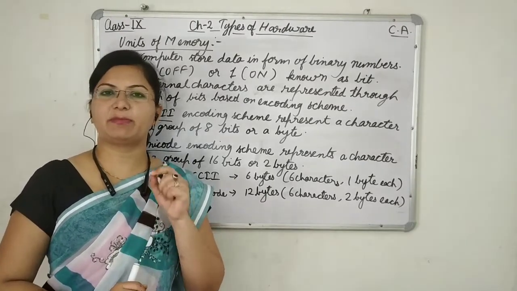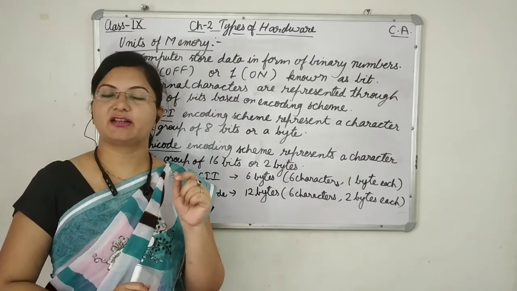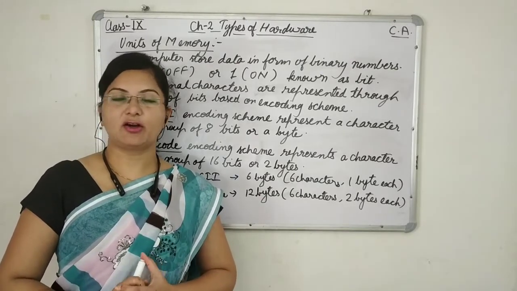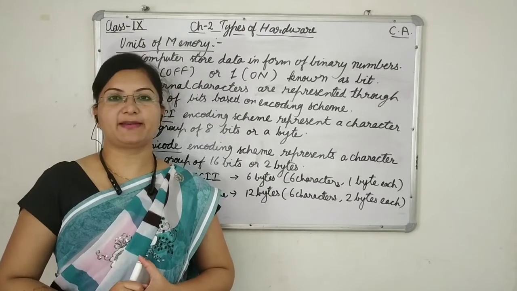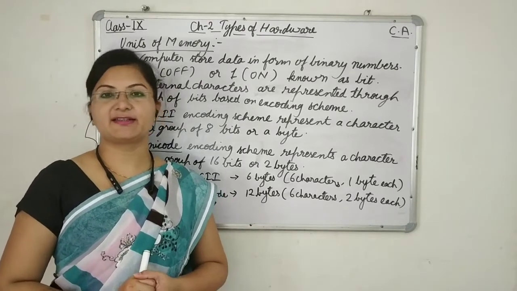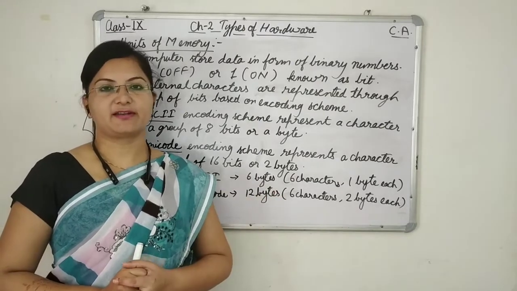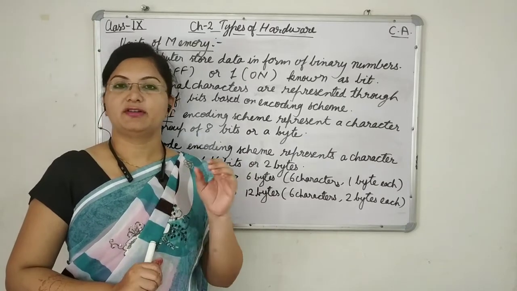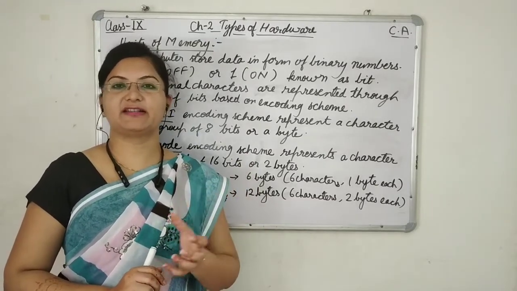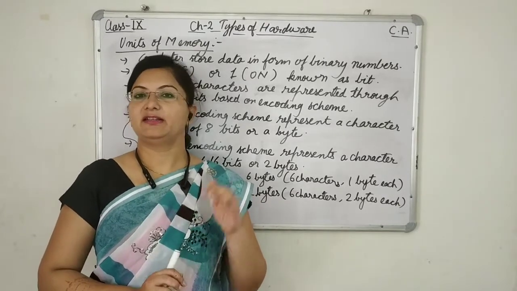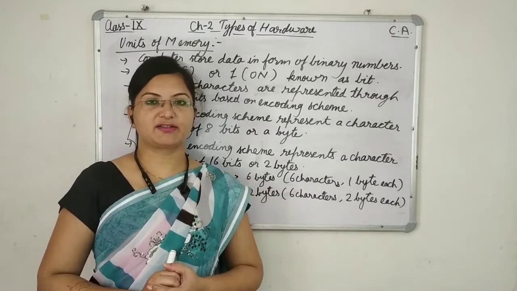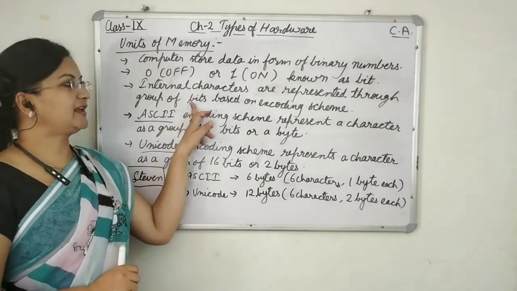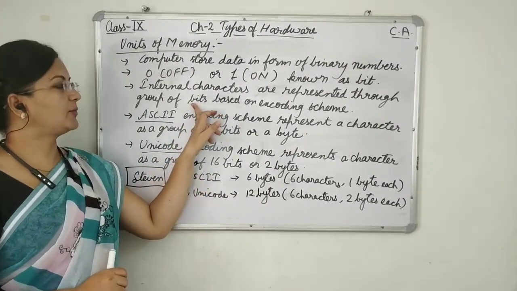Computer understands only bits. That means binary language. It understands only 0 and 1. It does not understand any other letter or symbol or number. So if there are numbers 0 to 9, they will be converted to binary digits and then the computer will understand it. If there are letters, then letters will be given a number. Like A, B, C, D, these letters will be given some number and then these numbers will be converted into binary digits. So binary digits means there will be a group of bits. Every character and symbol will be represented in a group of bits.